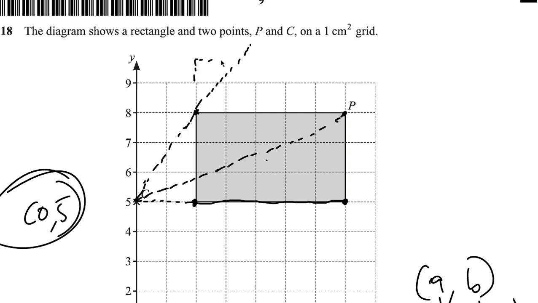So if we draw some blocks here, you can see that's by the same unit, by the same 1, 2, 3 units, right? And then you can see that from C to P, we have 1, 2, 3, 4, 5, 6, 7. So we repeat that because we're enlarging it by twice the size,